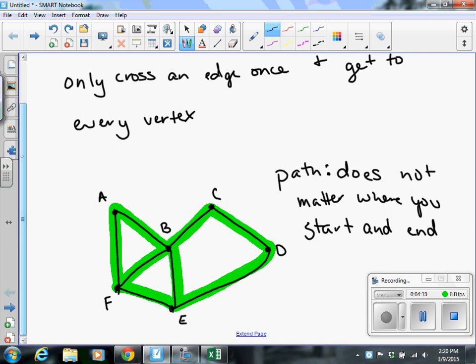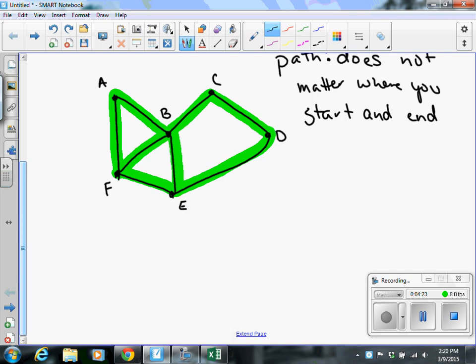Okay, so if you wanted to actually write down what we did here, we went F to A to B, back to F to E to B to C to D, and then back to E. That was our whole path. Okay? Now,